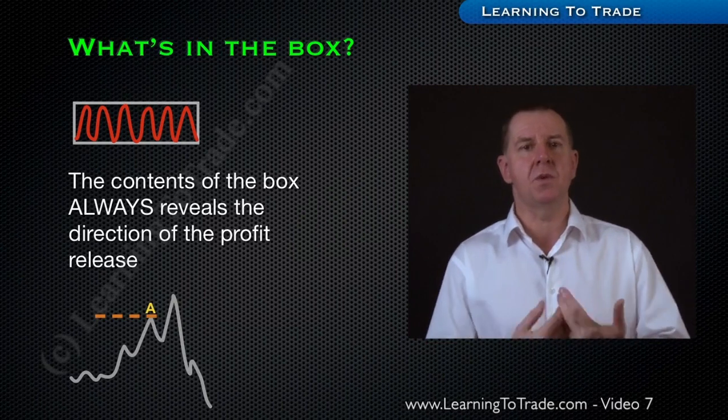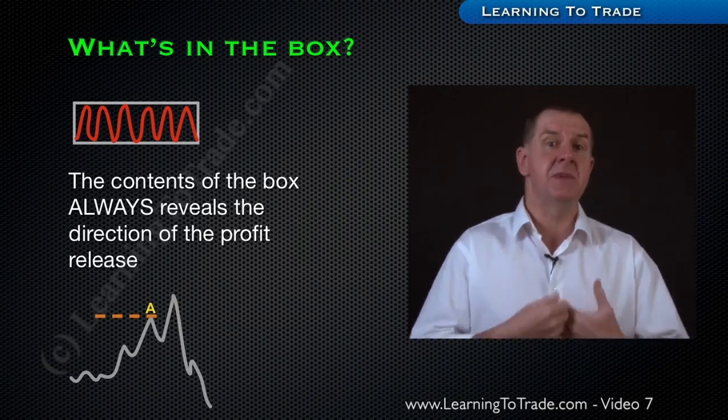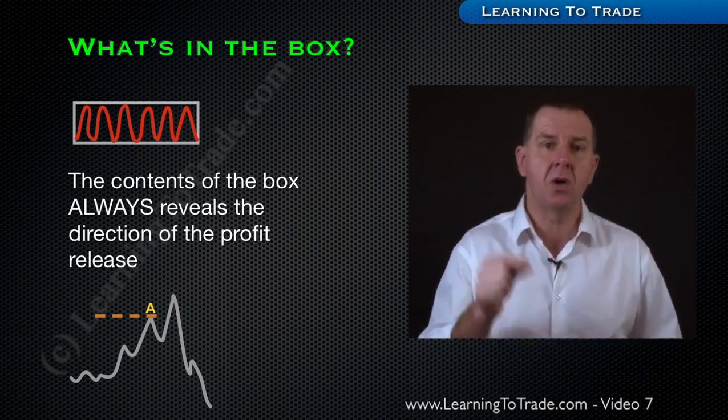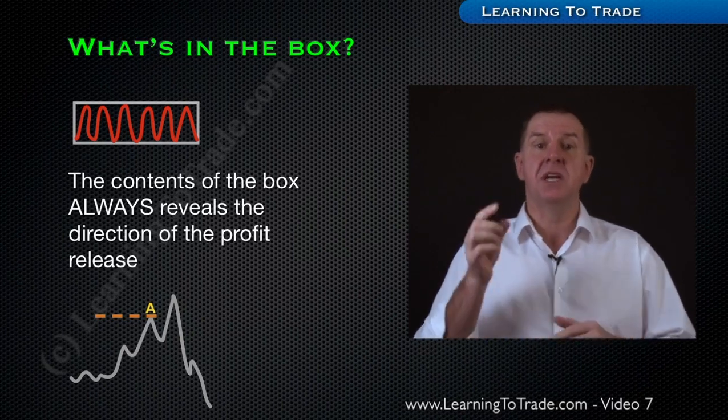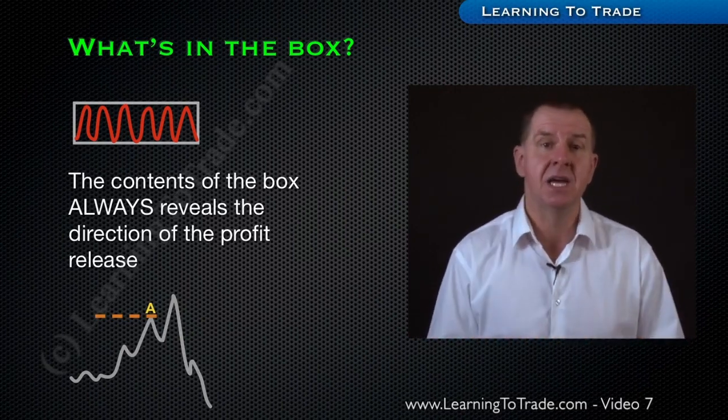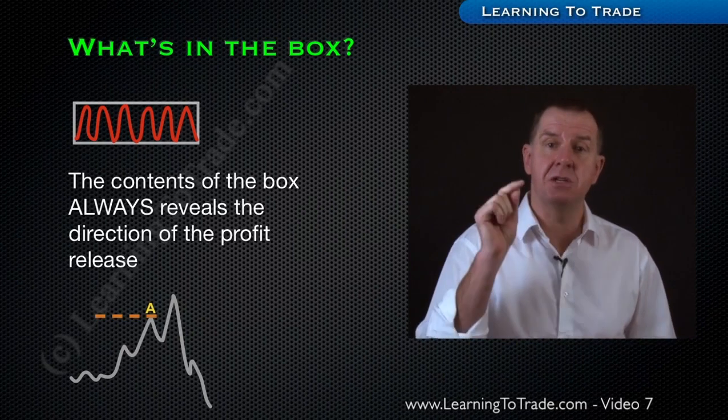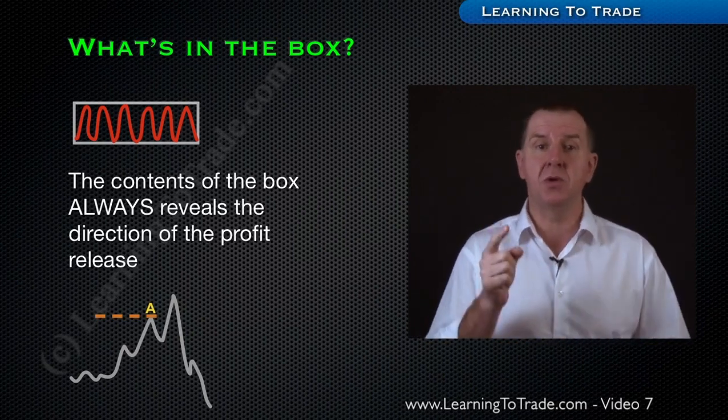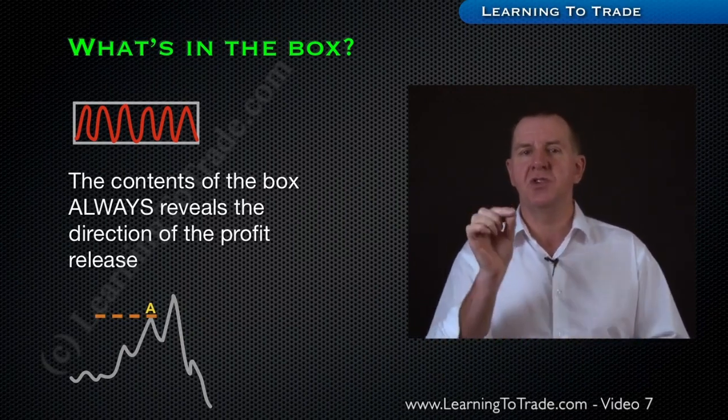As an example, if we were aware of the contents of the box, in this case being an accumulation of sell orders, we would be highly reluctant to buy the market as it moved up towards any area marked within the A. We would of course be looking for misdirection and manipulation. In other words, we would be looking for ways in which the market makers would be trying to lure us